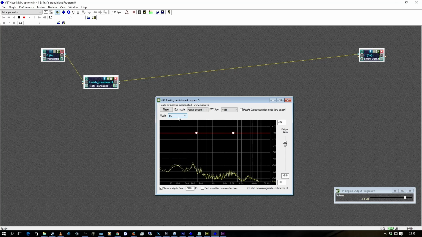Currently it's set at EQ, so it will be acting as an equalizer. We don't want that. We want to cut out the background noise. Now if I be quiet, you can see there's this low hum happening down here. Now a bit later in the audio processing steps, I'm going to introduce a tool called a compressor, and what that's going to do is it's going to amplify all the quiet noises, the hum included. So at this stage we want to get rid of it. Change the mode from EQ to subtract,